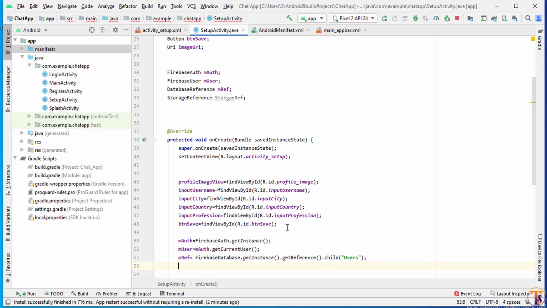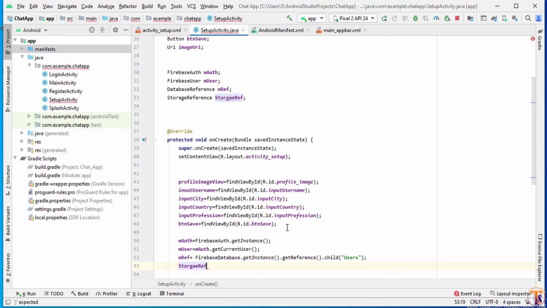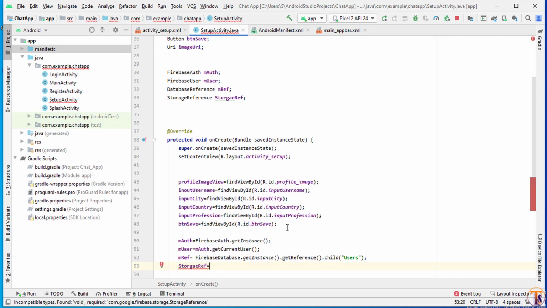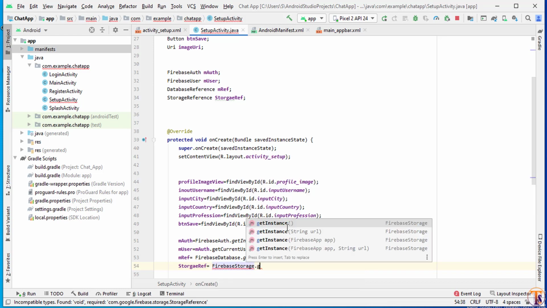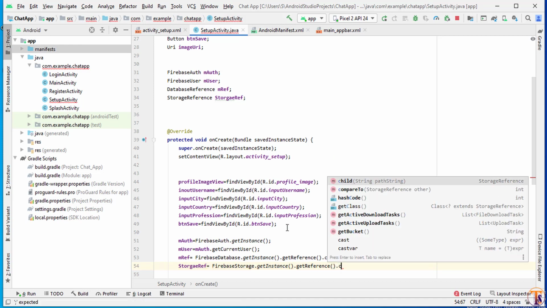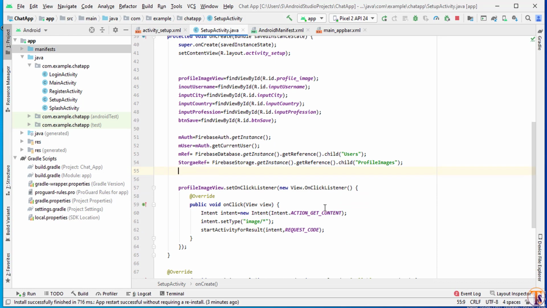Okay, now finally we have storage reference. Storage ref equal to firebase storage dot get instance dot get reference dot child. This child will be profile image. Okay, now we will store the image under this reference, and our data will be stored under this reference.